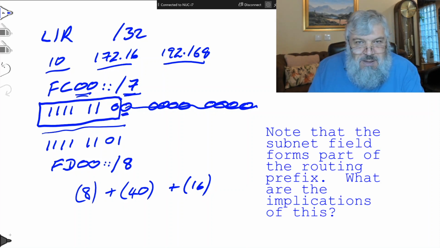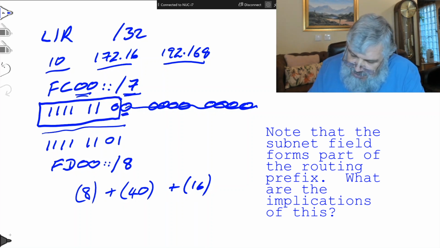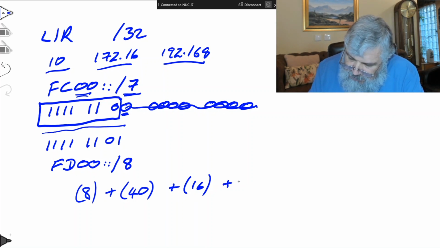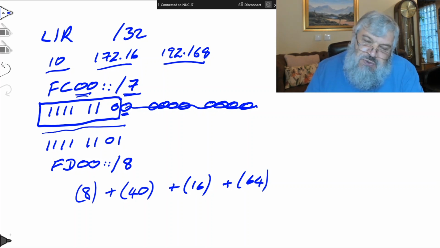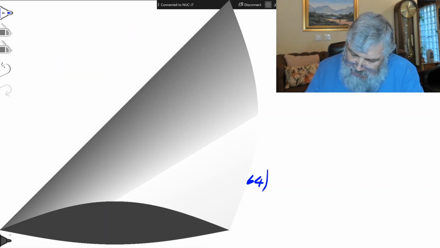So in your company, you can now have 2 to the power 16 different subnets. And now we eventually get to the host portion, and you can use all 64 bits to indicate which host on one of your 2 to the power 16 possible subnets you're talking about.